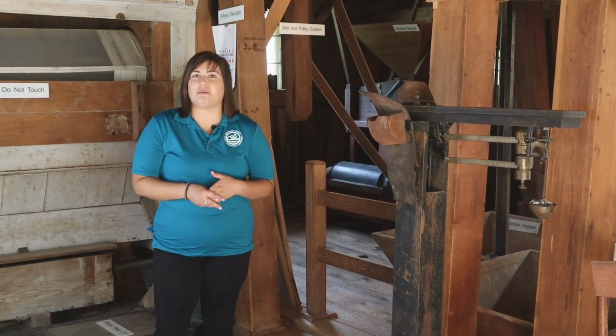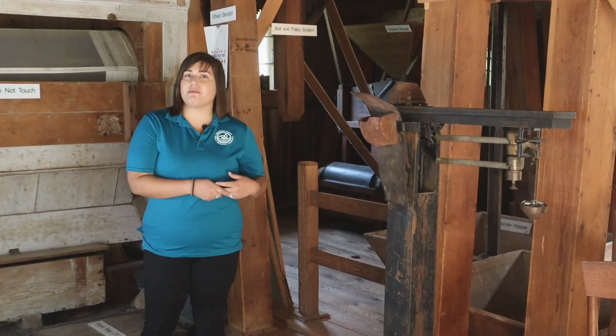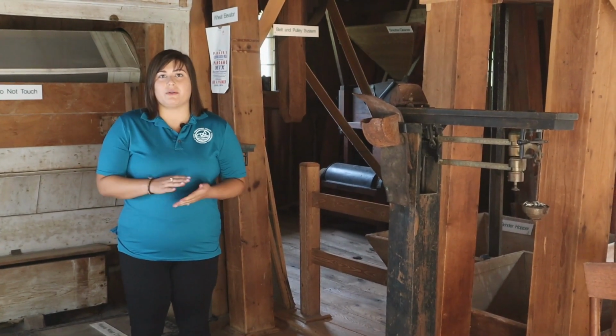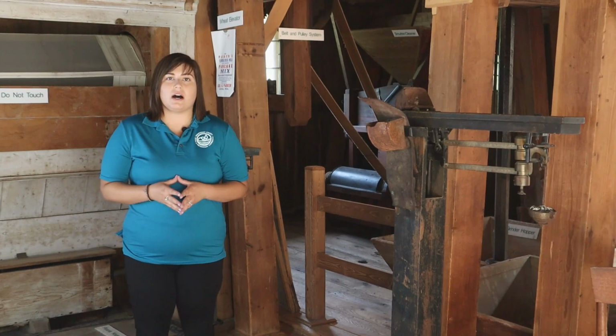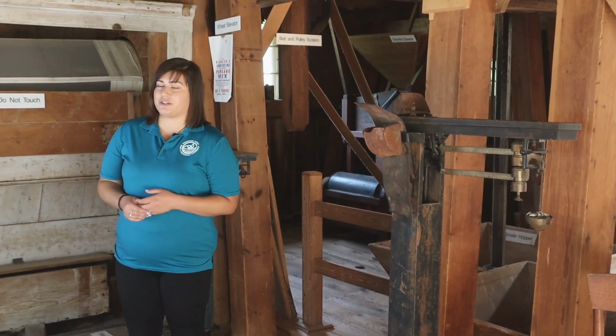The mill was built by the Parker family. The Parker family consisted of William, Mary, and their children. They came over here from England in 1861 using money that Mary had saved while being a maid. It wasn't until a couple years later that they were able to purchase these 61 acres that we're standing on today. And then about 10 years later after that is when William Parker built the actual mill